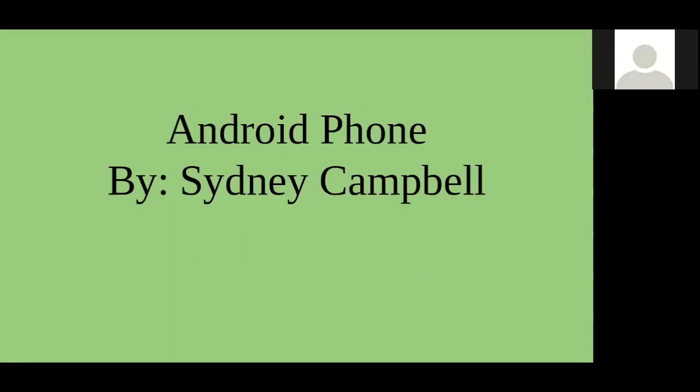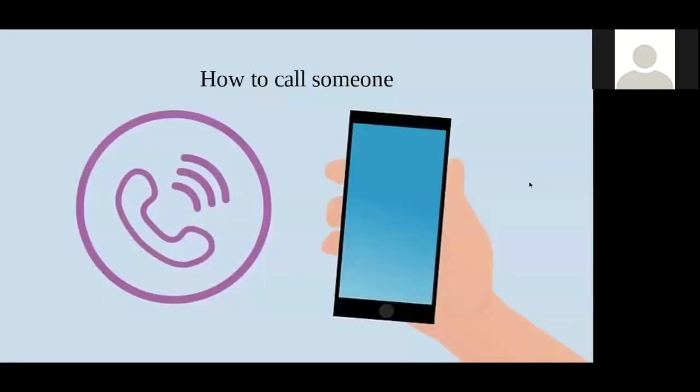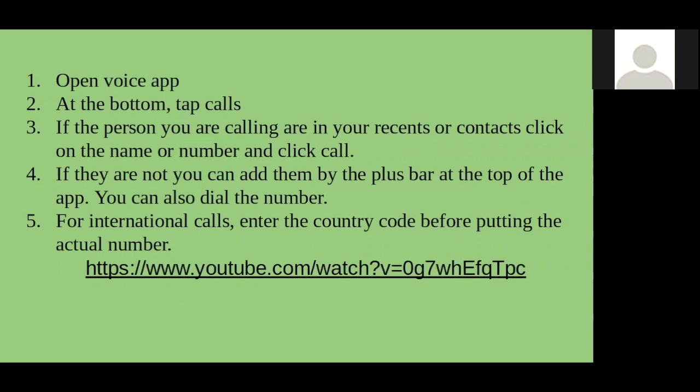My name is Sydney Campbell, and I'm going to be teaching you about Android phones. Here is how to call someone. Open your voice app. At the bottom, tap Calls. If the person you are calling is in your recents or contacts, click on the name or number and click Call. If they are not in your contacts or recents, you can add them by the plus bar at the top of the app. You can also dial the number. For initial calls, enter the country code before putting in the actual number. Here's the YouTube video on how